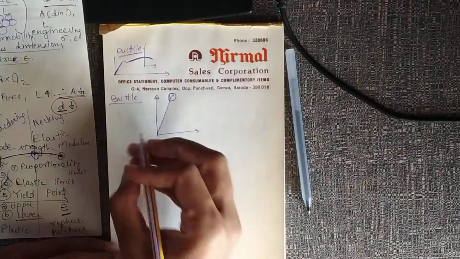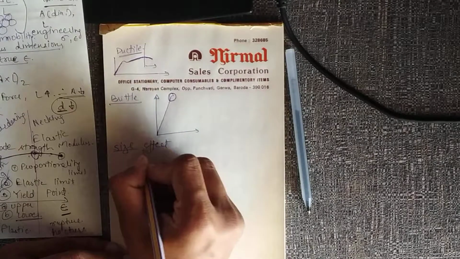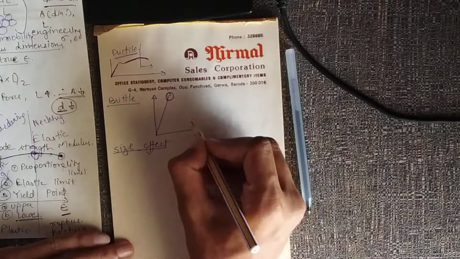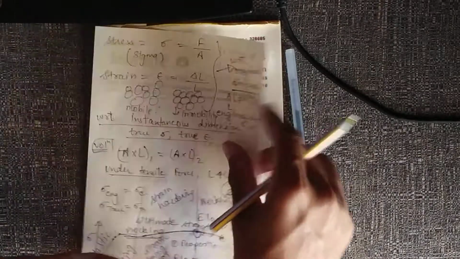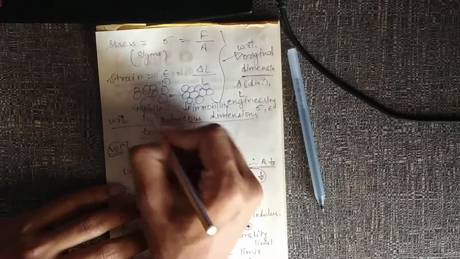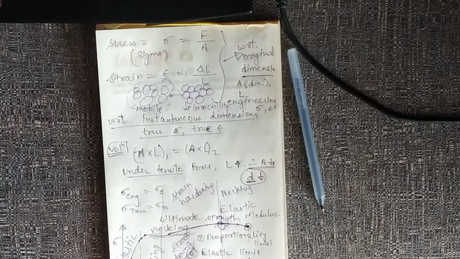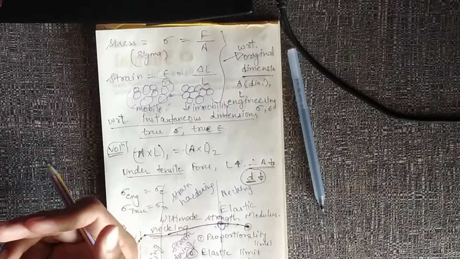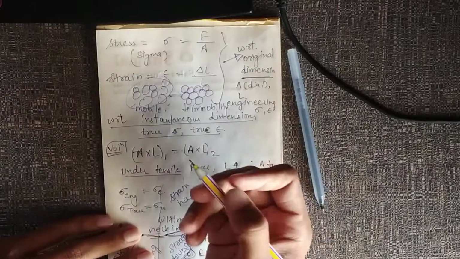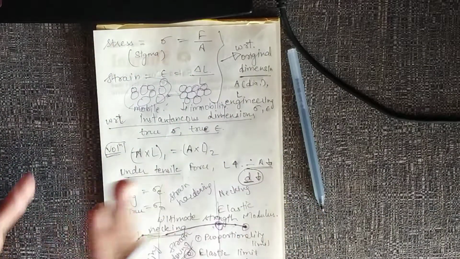And there is one thing called size effect. This is another interesting thing, the size effect. Dislocations help in slip, so they won't easily be able to slip over here, but they will slip here easily. As dislocations help in slip, the shear stress necessary to cause slip will increase. So here more shear stress will be required to slip.